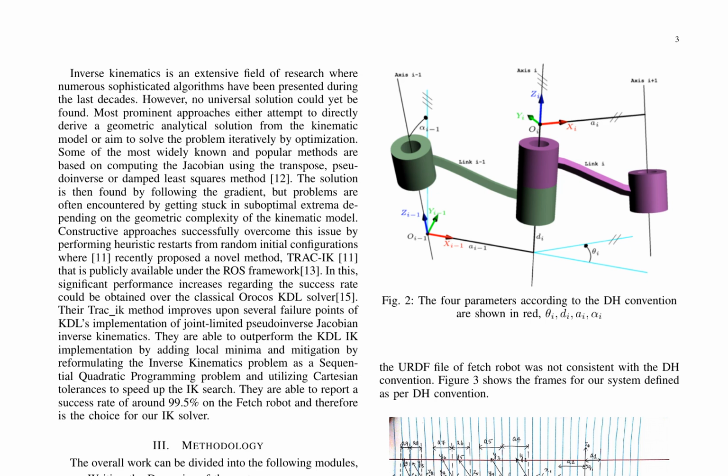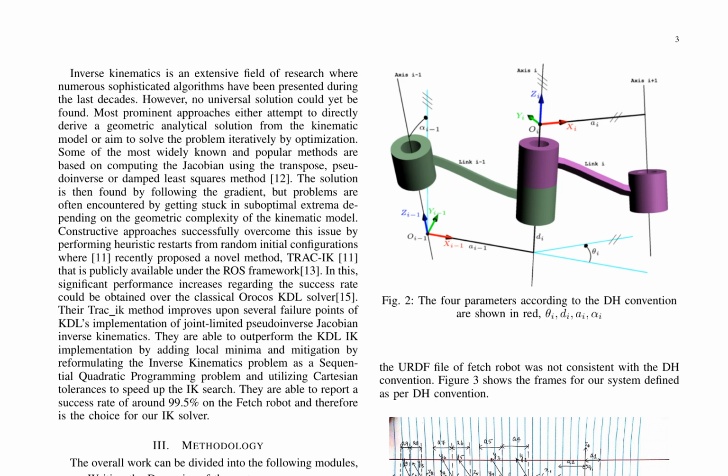However, these methods can become stuck in suboptimal extrema depending on the kinematic model's geometric complexity. Constructive approaches, such as TRAC-IK, overcome this issue by performing heuristic restarts from random initial configurations. TRAC-IK, a novel method publicly available under the ROS framework, has been shown to significantly outperform the classical KDL